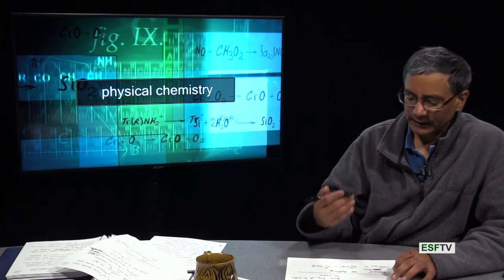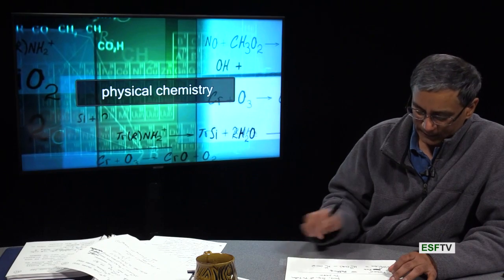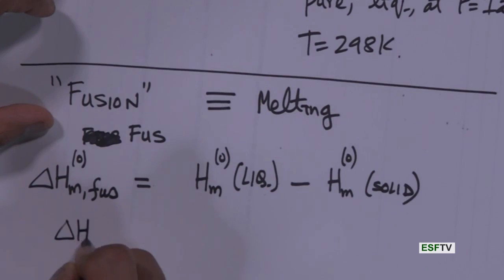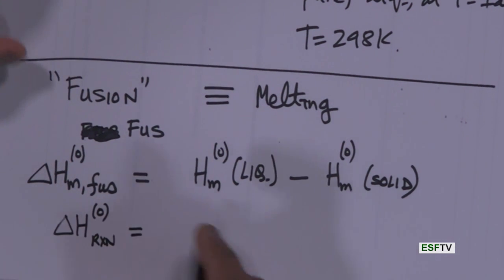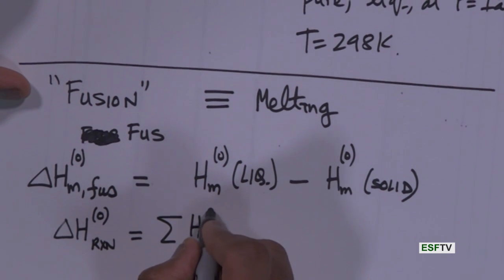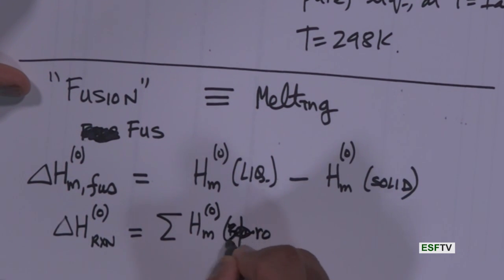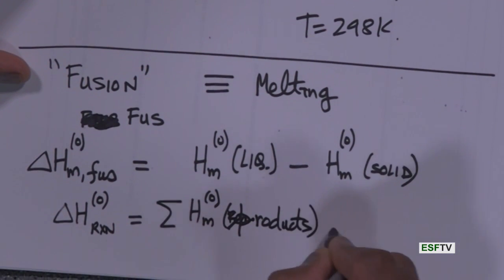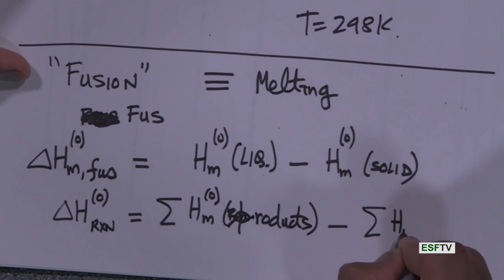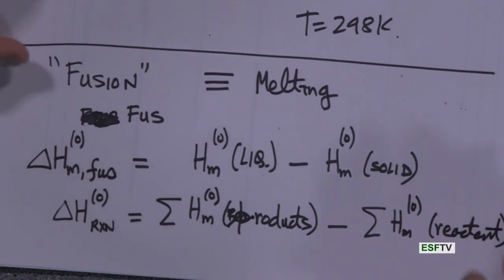Similarly, you can write delta H's of reactions. Delta H 0 for a reaction is the sum of the standard molar enthalpies of products minus the sum of the molar enthalpies of everything on the reactant side. So, for example,